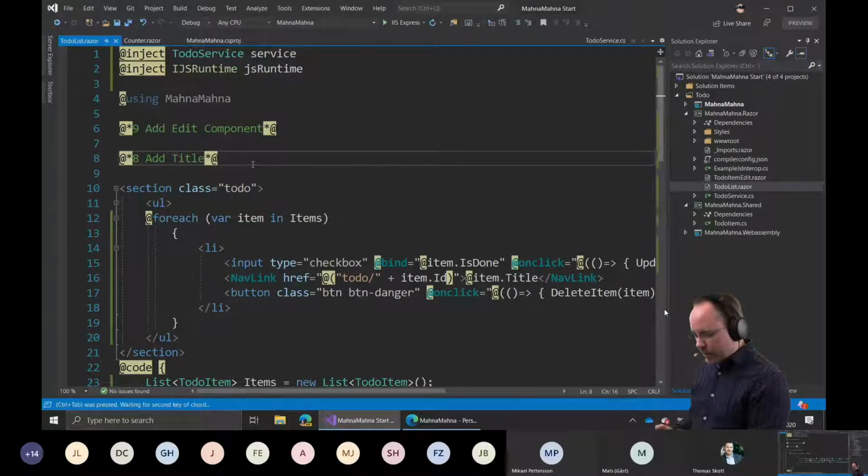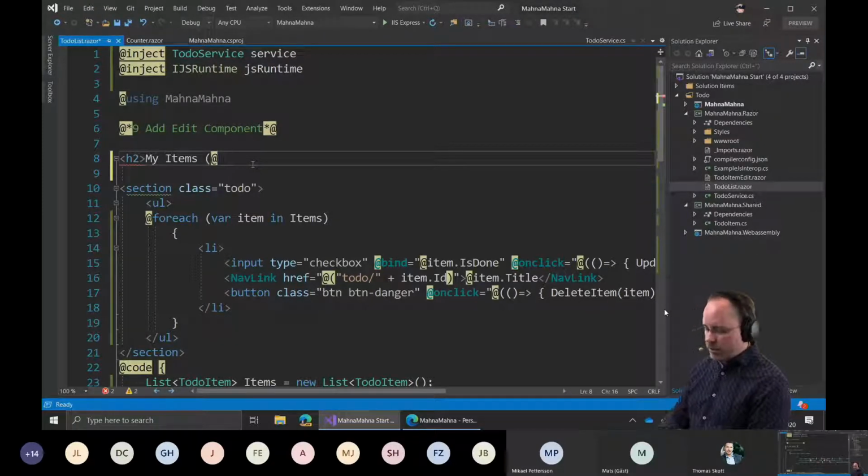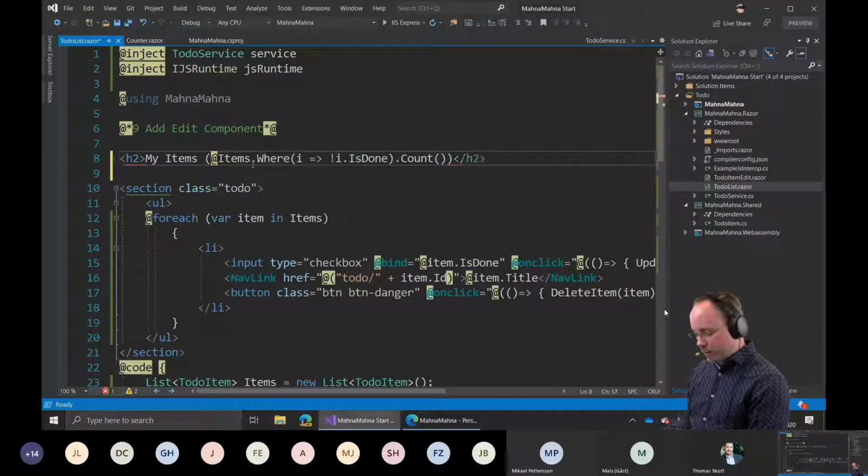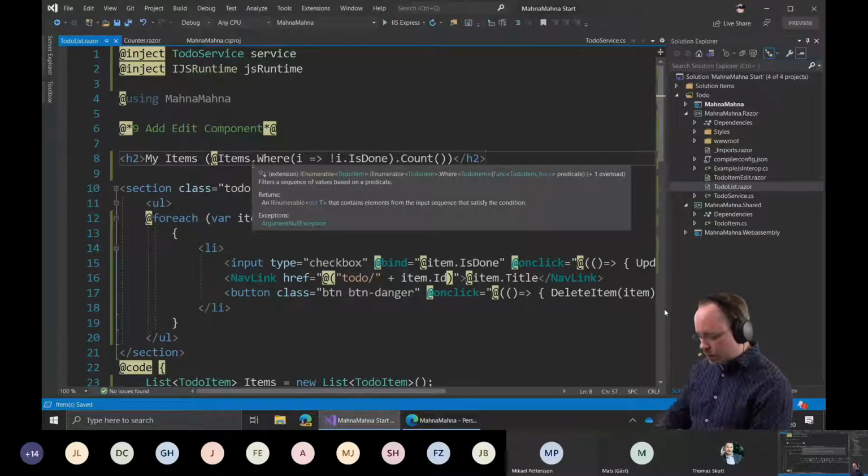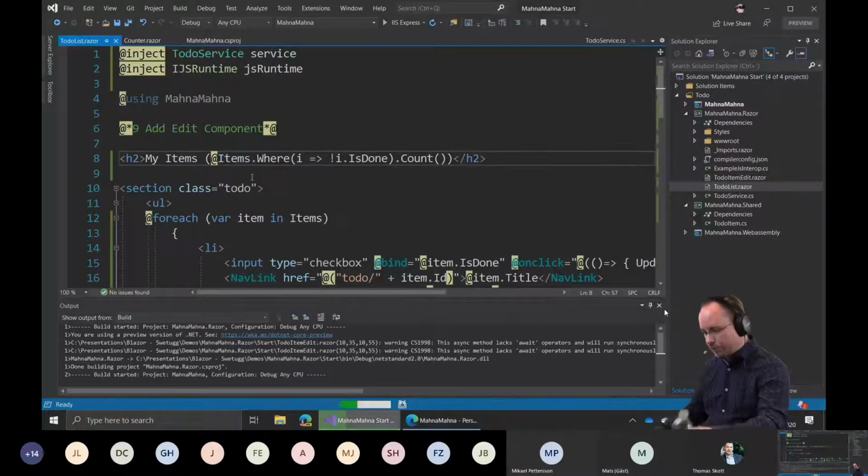Let's add a title as well. I'm going to add an H2. So my items, parenthesis, and then I'm going to switch over to C#. I'm going to say items.Where for all the items that are not done at this point, count them and show that. All right, so if I run the project now,